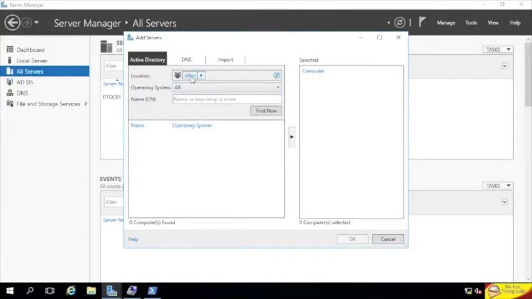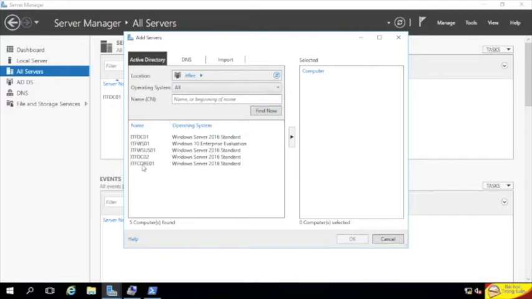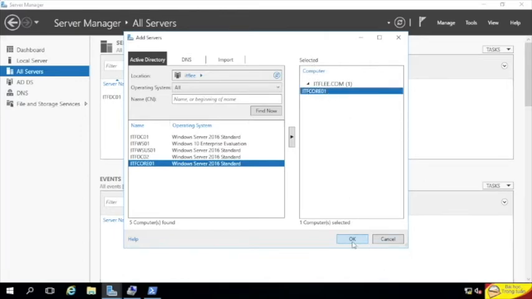So under the location, my location is going to be IT Flea. I'm going to click find now. We could search for particular operating systems. I'm not going to do that. Here we can see ITF Core 01 is listed at the bottom along with all of our other servers. Now I'm just going to click the right arrow here and it allows me to place this computer under the selected computers. So itflea.com, ITF Core 01. Now if I click OK,